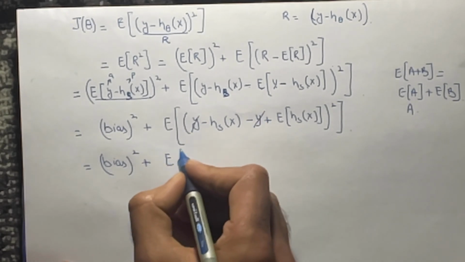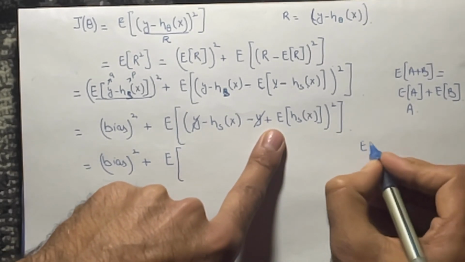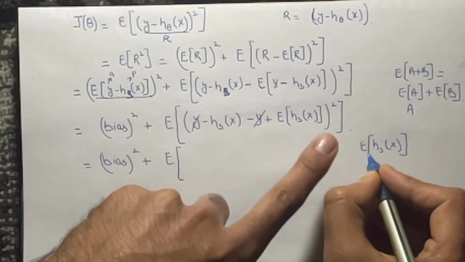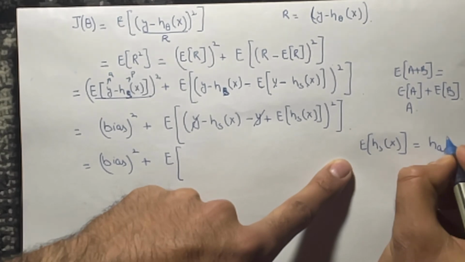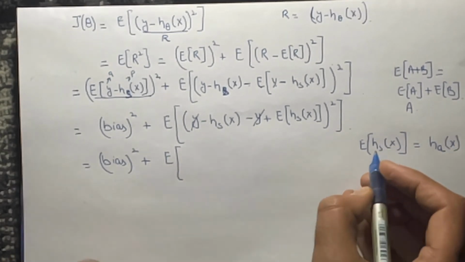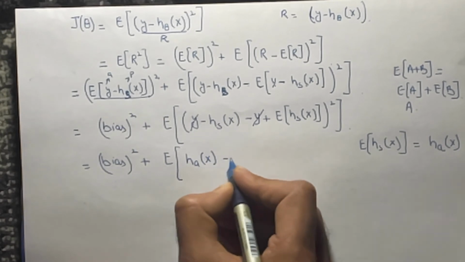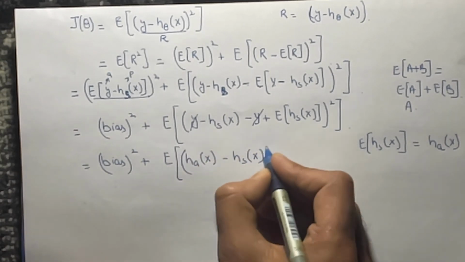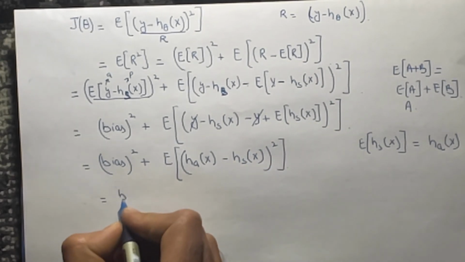It will be expectation of, let's first write this. So it is expectation of average of these infinite models. As we said, the average of these infinite models is the best model. Okay, so we will write it as the average model minus h s of x whole square is equal to bias square